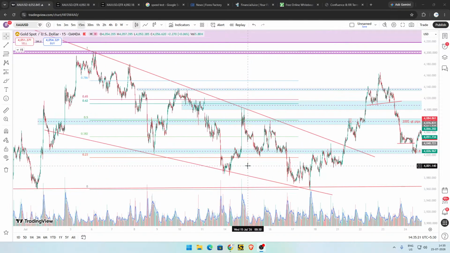Also, in one setup I missed it because of over perfection, and in some setups I have not followed the rules. For that reason, I have lost a lot of money,